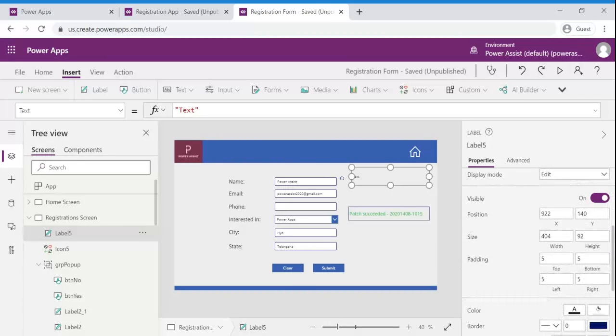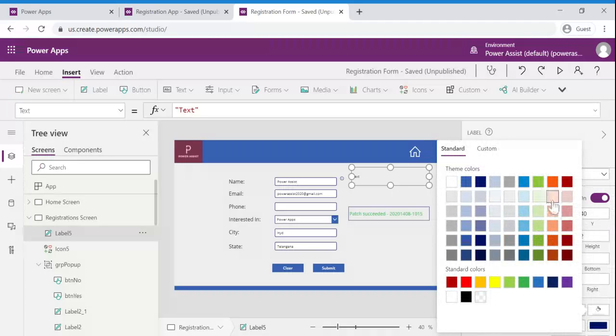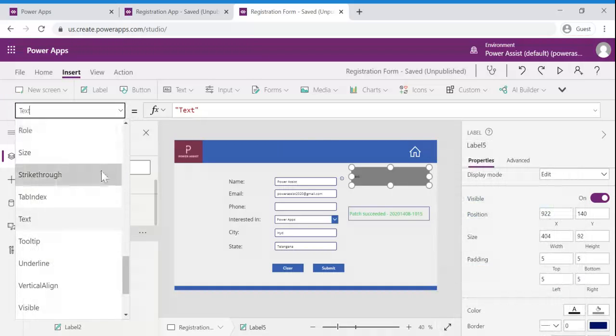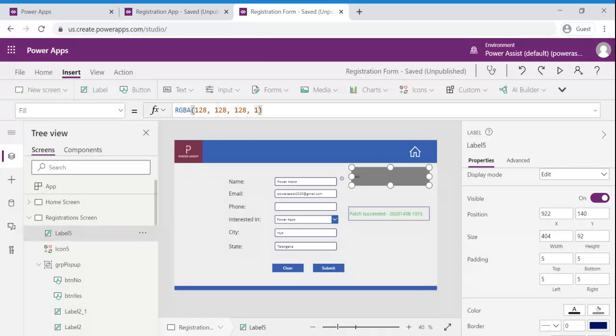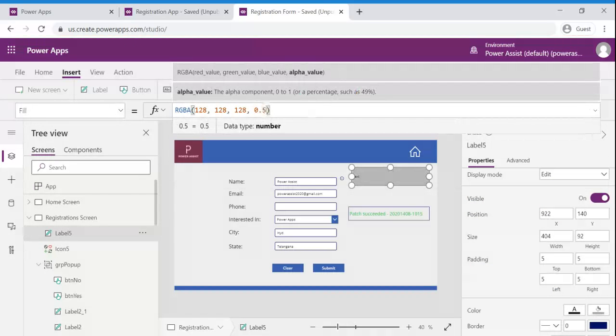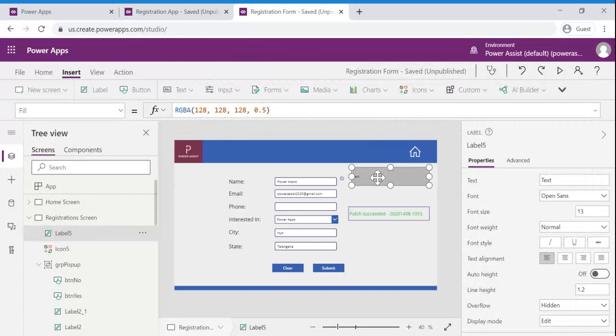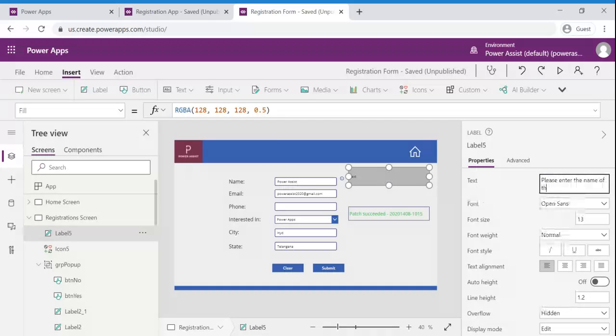And I am going to update its background to dark, and let's go to its fill and update it to 0.5. Please enter the name of the student per se.